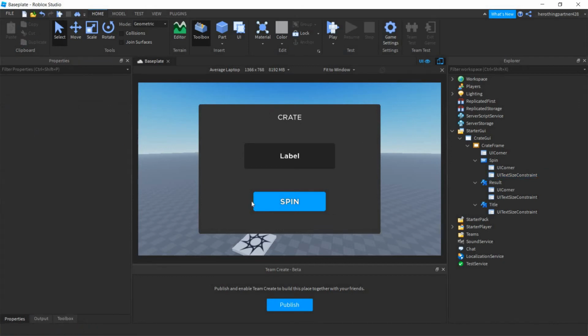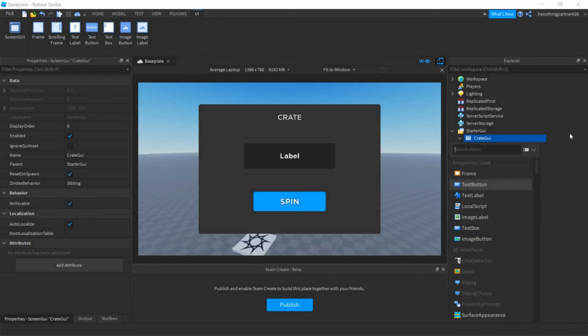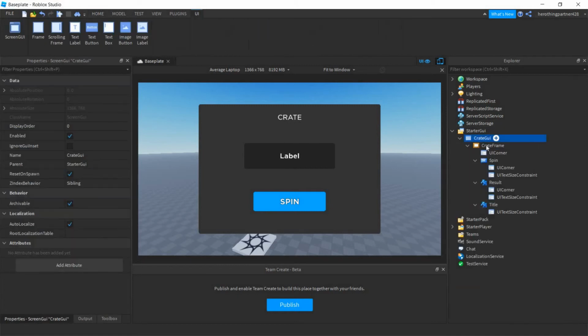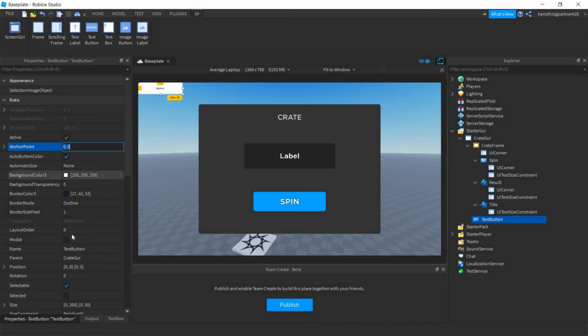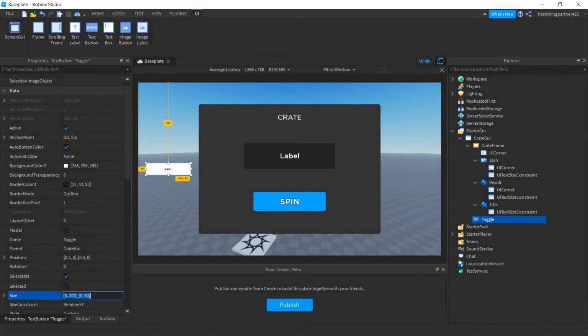So now we have this, but we need a button to open this UI. So right here under the create GUI thing, you want to insert text button. So in this text button, we're going to name this toggle. Let's make the anchor point 0.5 comma 0.5. Then we're going to make the position 0.1 comma 0 comma, let's say 0.5 comma 0. There we go. Let's make a size